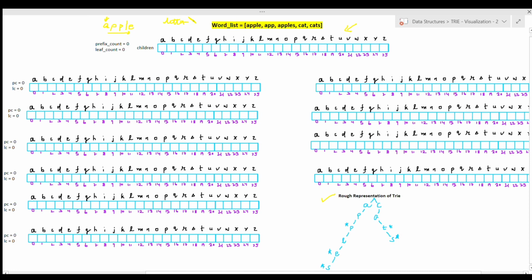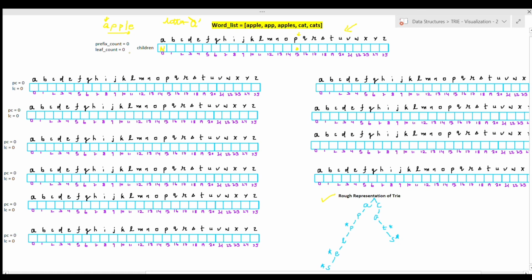That will give me the position for that entry, right? So if I'm having A, A minus A is 0, so children of 0 will represent A. And let's say I'm having P, so P minus A would be, I think, 15. So P will be stored in the 15th index of this children vector.